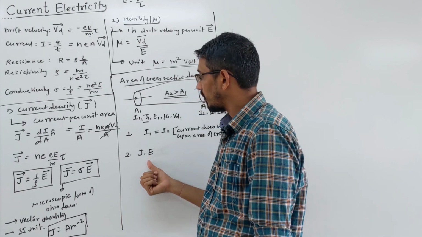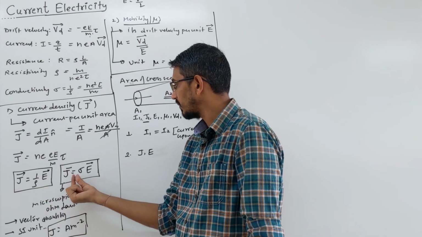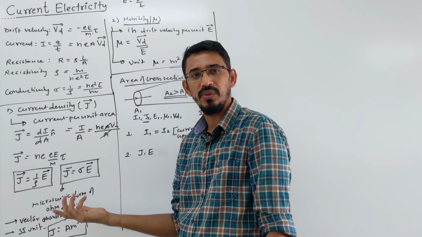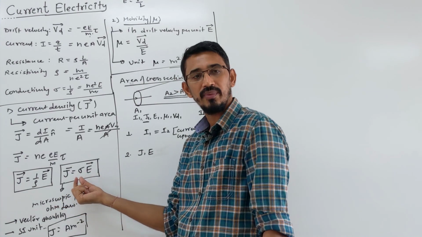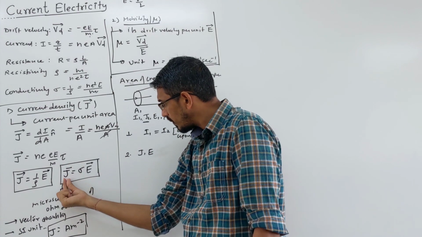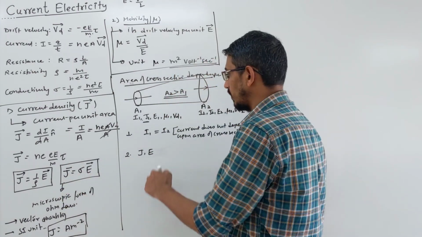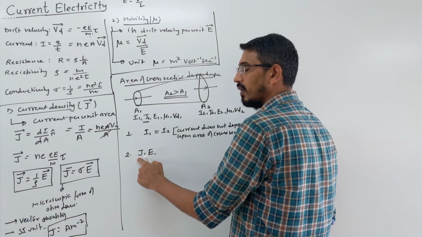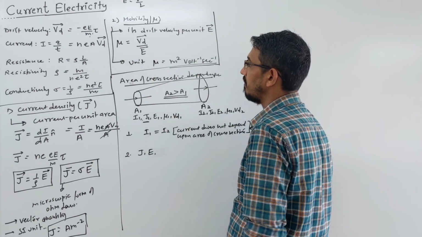Now what happened to electric field? Look at the relations here, this sigma or rho are permanent constants, which don't depend on area of cross section. I will explain these things even more. So whatever happens to J, that happens to E also. So electric field and current density, then drift velocity.